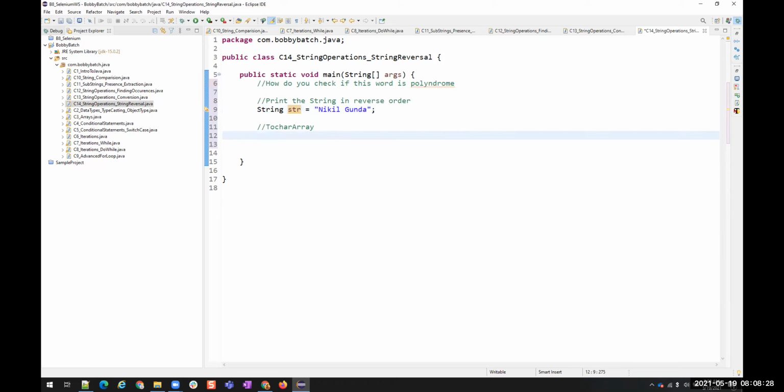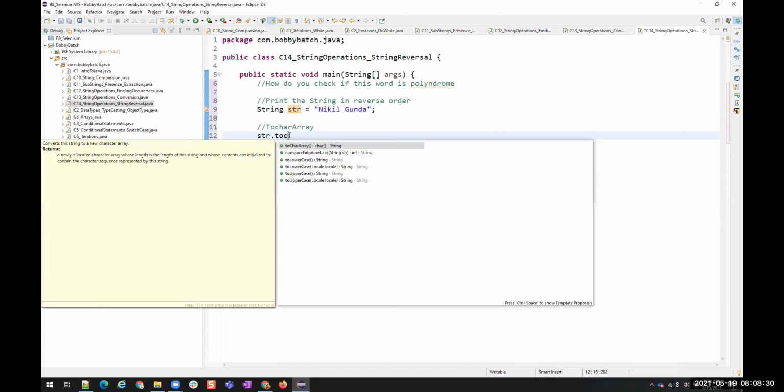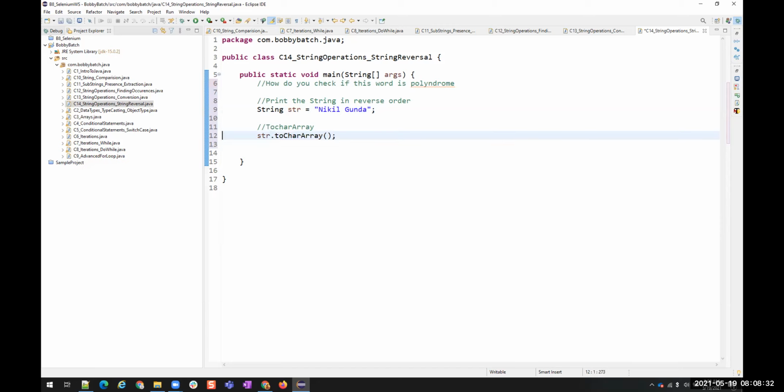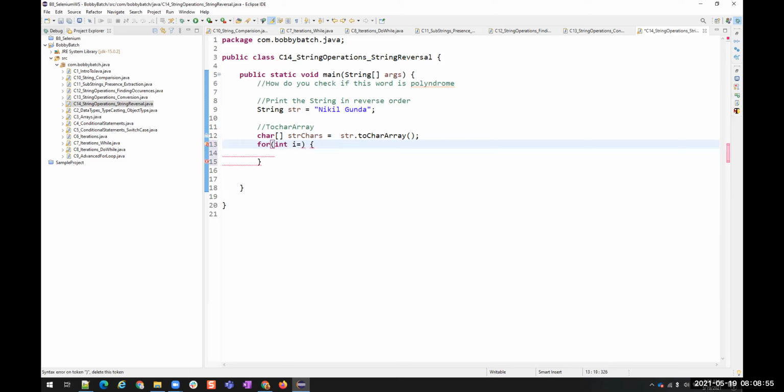Let's see that. str dot toCharArray. So this is going to convert it into a char array. Character array of str, I'll call it str chars, creating some variable. Then first, int i is equals to 0.